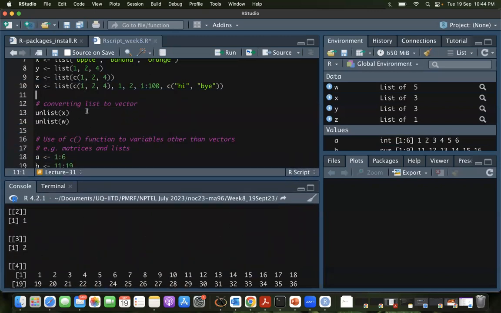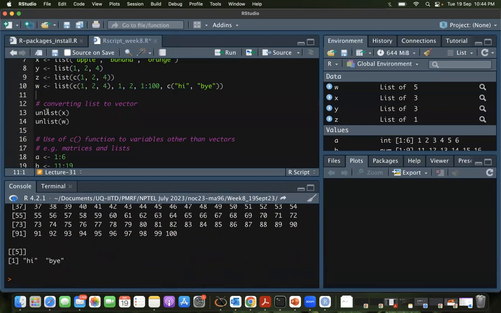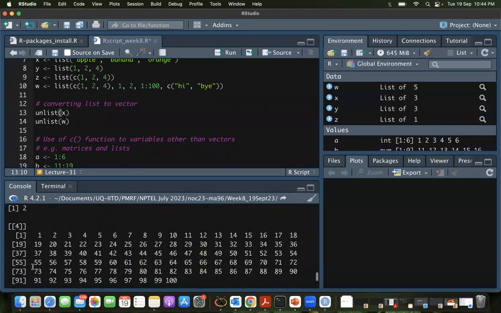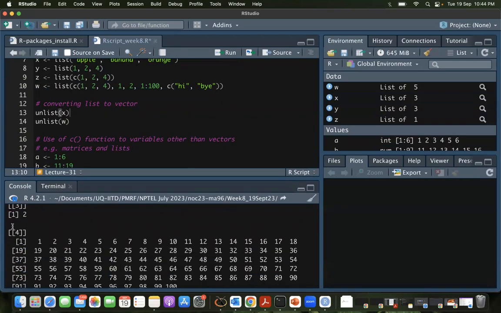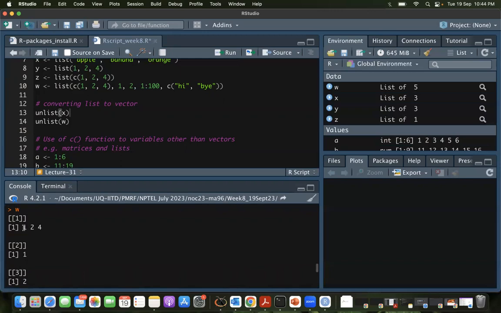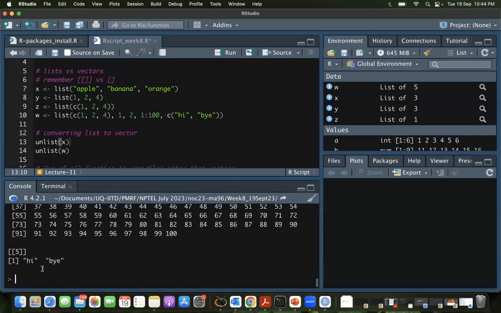All right. Okay. Now, so there's a function list. There's a sort of opposite function, unlist, right? What it's going to do is remove this demarcation, and it's going to put everything one below the other. So let's see what I mean. Let's try with this, unlist W. All right. So you remember there were 5 elements. This is first, second, third, fourth, fifth. Now if I write unlist W,